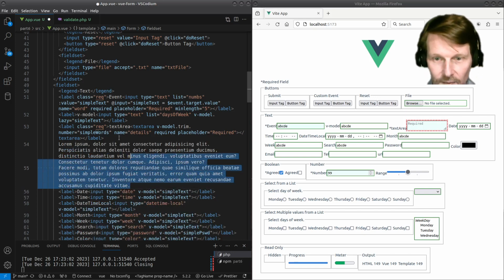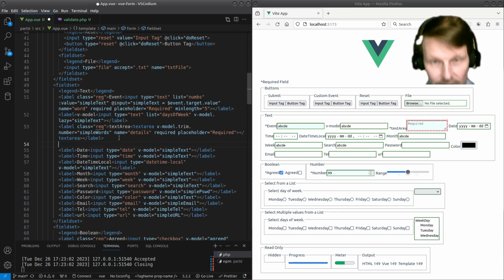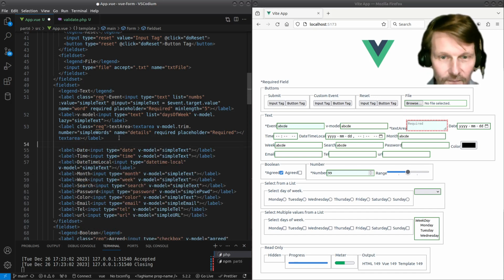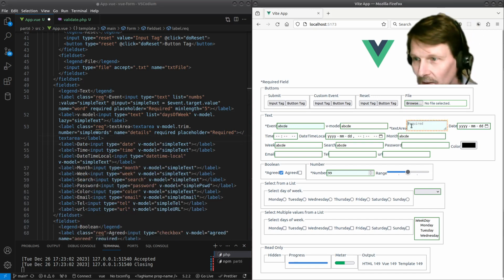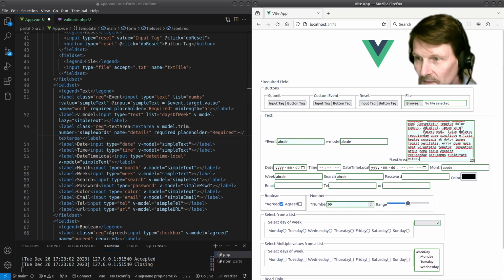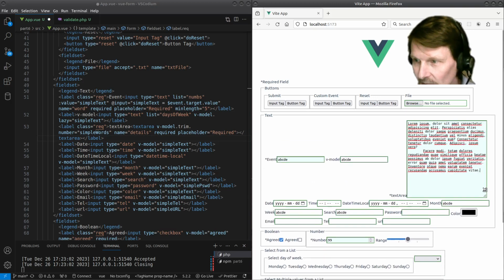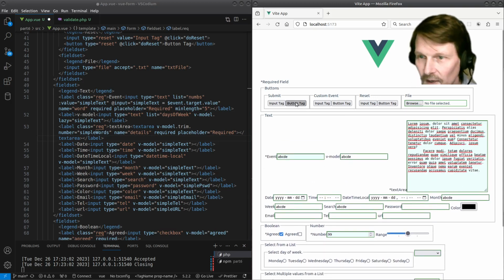There we go. Now I'll cut that out. Alright, now I can copy and paste that over. There's our Lorem Ipsum text. See, it's all nice and put in. And if I hit submit,